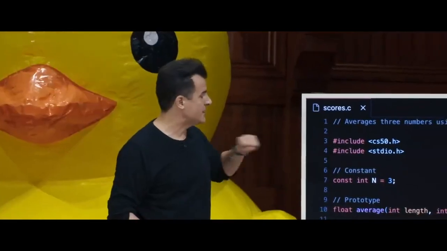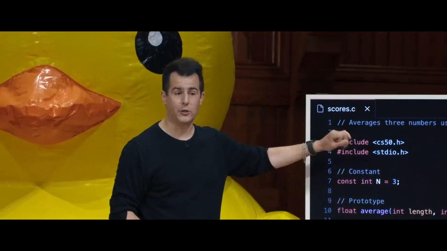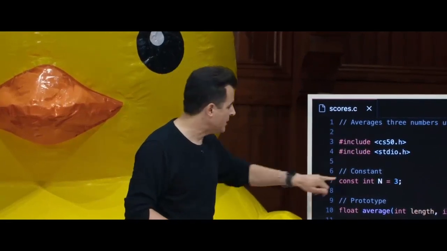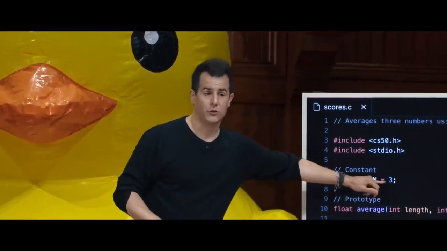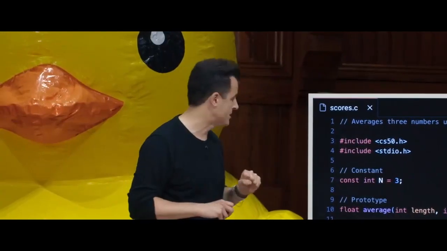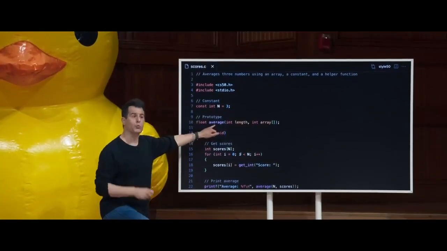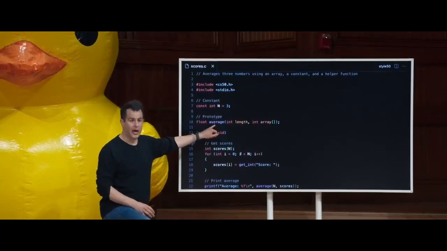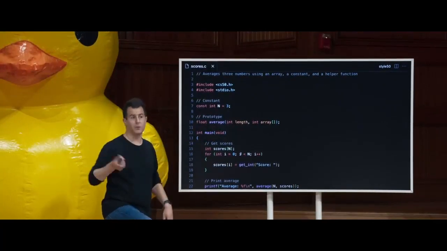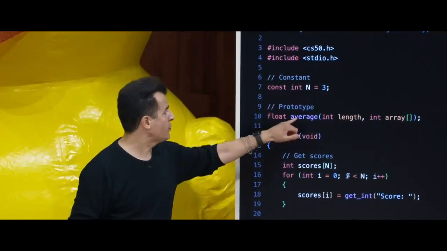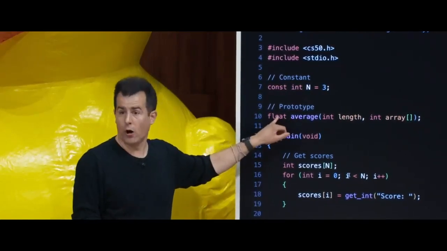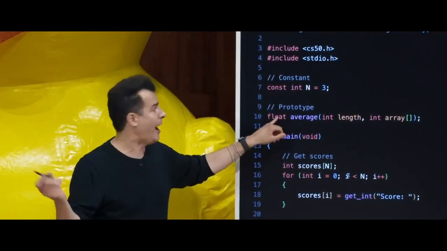And notice what I have. One, I've included cs50.h and stdio.h at the top. So that's the same. I have declared a constant called n, set it equal to 3. That is now the same as of my most recent change. I did introduce an average function, which was one of the remaining concerns, that I could compute the average with some kind of loop too. That average function is going to return a float, which is what I want. I want my average to be a float with the fraction.